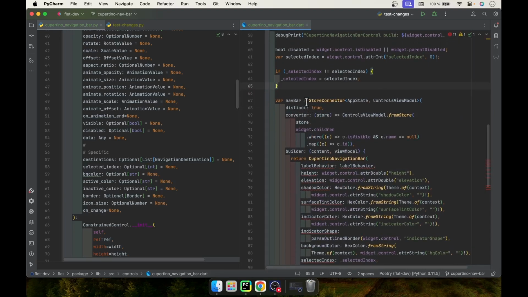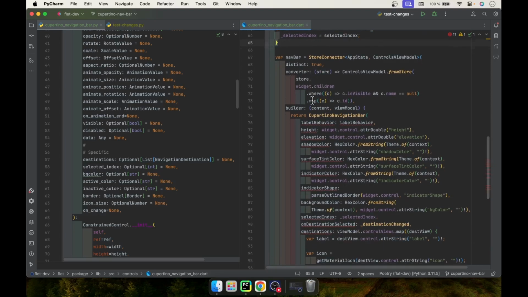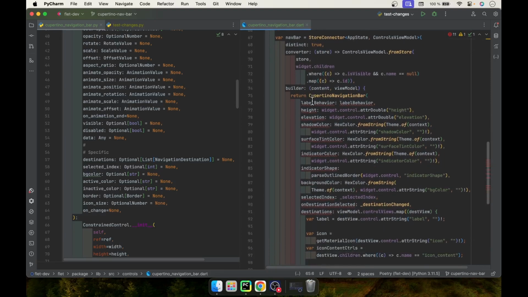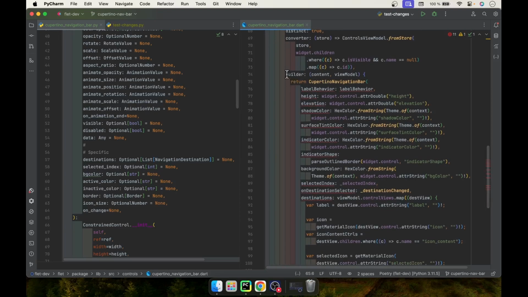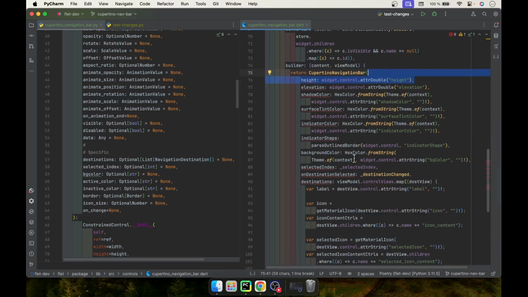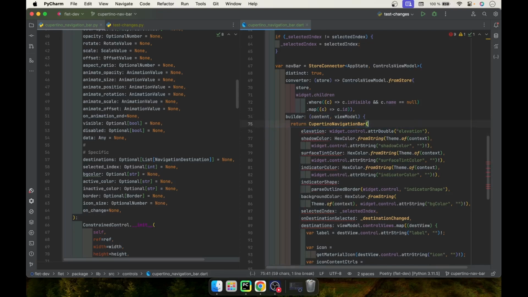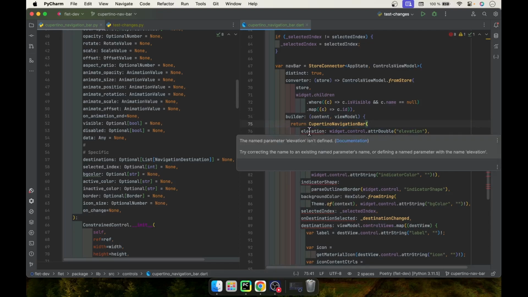And here is the navigation bar inside a store connector. And let's have a look. And it says over here, builder return a Cupertino navigation bar. So disable behavior, we don't need this property. As I can see, a height property. So we're going to talk about the height property probably later, I don't know. So actually everything is marked as red. Okay, so this height property, we'll get rid of it. This elevation property,